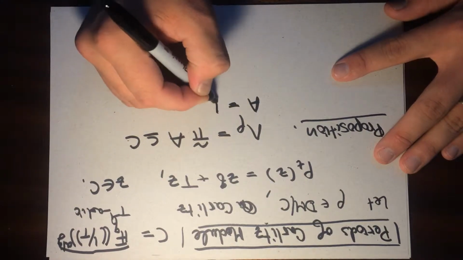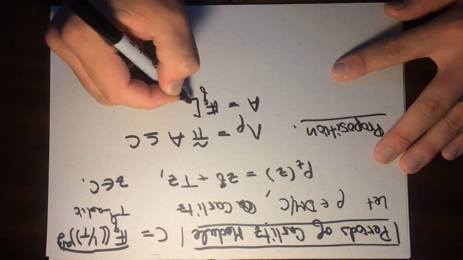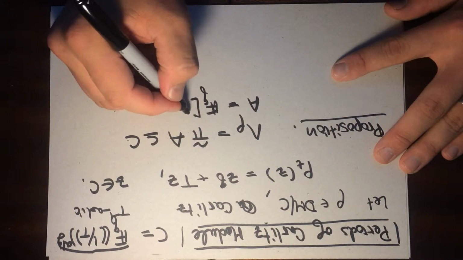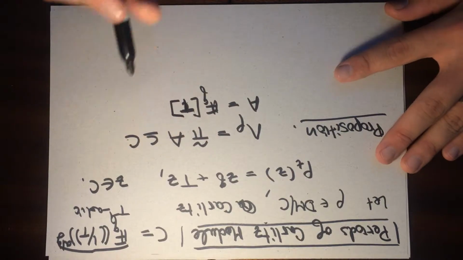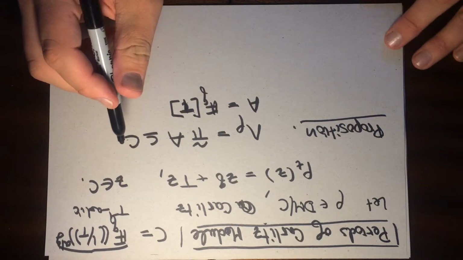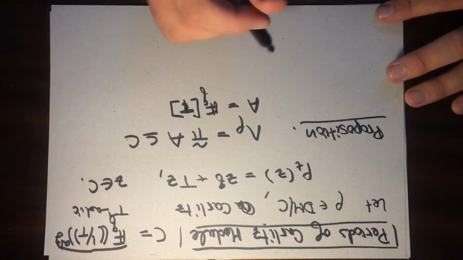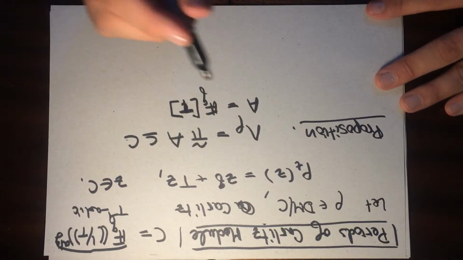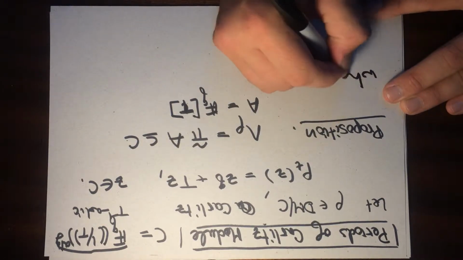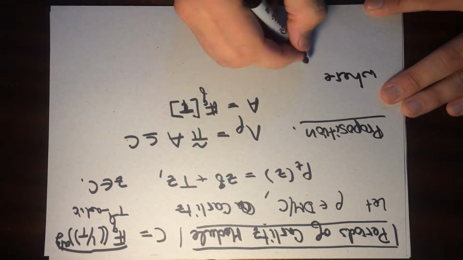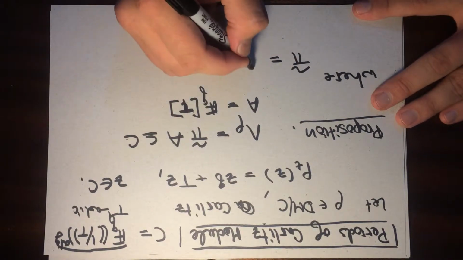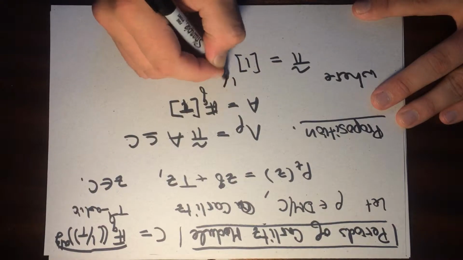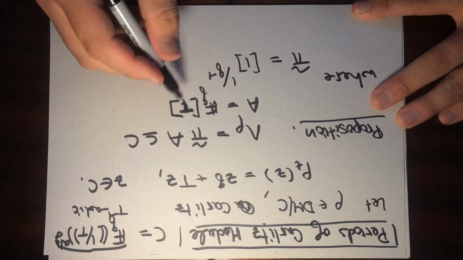Here A again is F_q[T], capital T. And let me say what pi tilde is. Pi tilde, this is the Carlitz period,